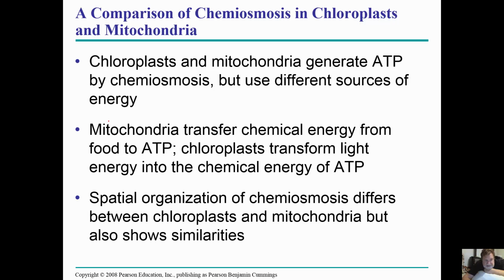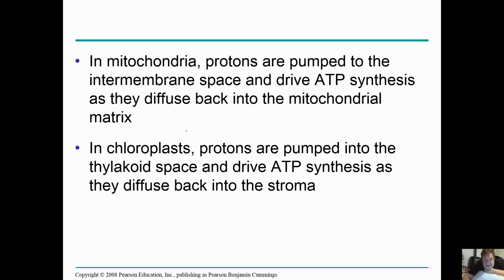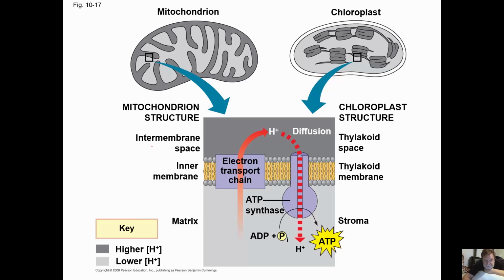Chloroplasts and mitochondria generate ATP by chemiosmosis, but they use different sources of energy. Mitochondria transfer chemical energy from food to ATP. Chloroplasts transform light energy into chemical energy of ATP. The spatial organization of chemiosmosis differs between chloroplasts and mitochondria, but also shows similarity. In mitochondria, protons are pumped to the intermembrane space and drive ATP synthase as they diffuse back into the mitochondrial matrix. In chloroplasts, protons are pumped into the thylakoid space and drive ATP synthesis as they diffuse back into